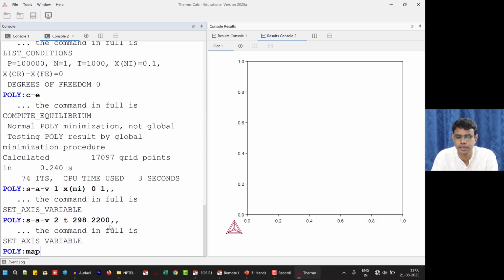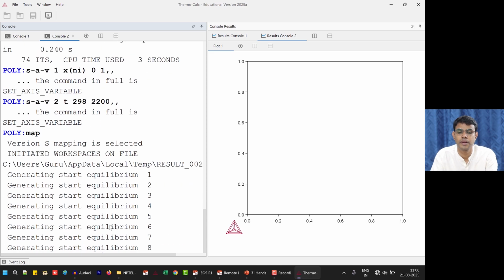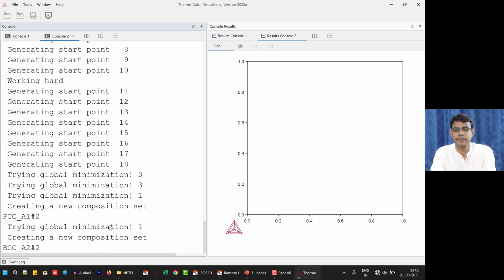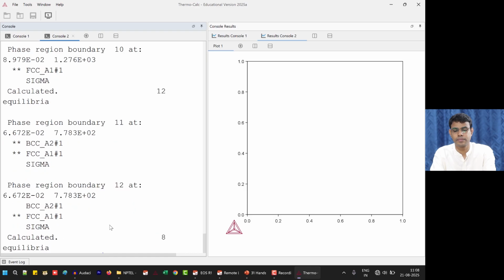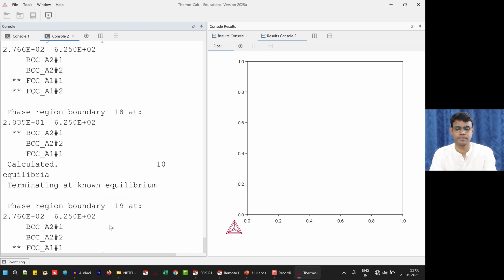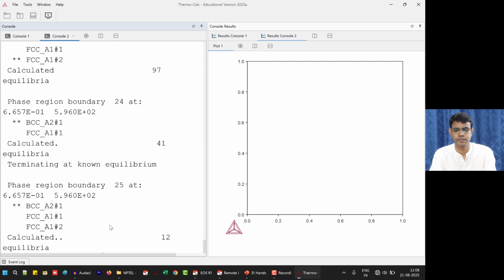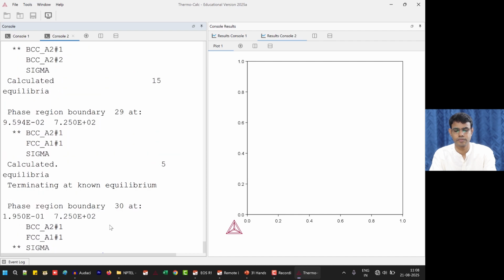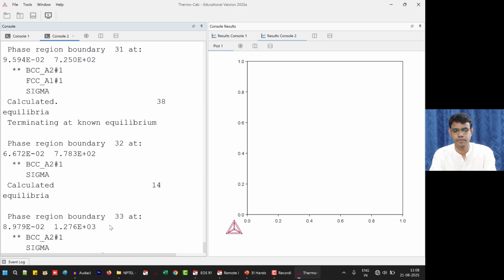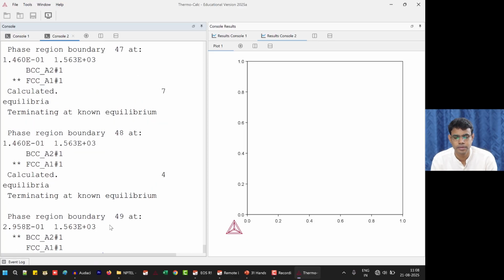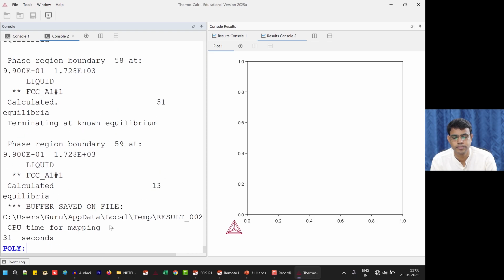Then map. It takes slightly more time. Now we are back to poly. The buffer file is saved here.